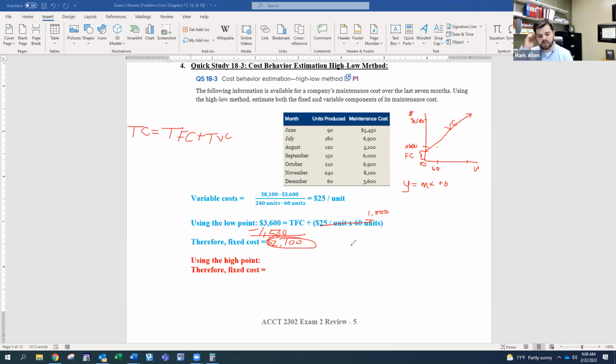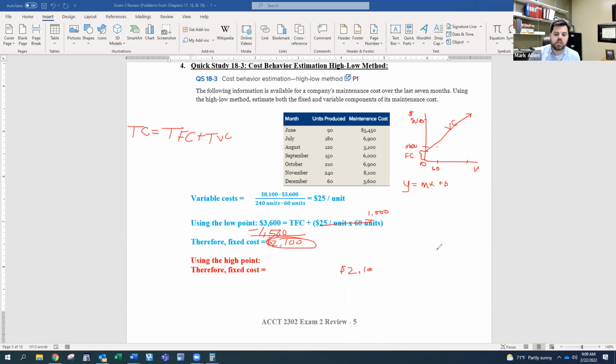So there's your first piece. Now, at this point, you could be done, right? If you were confident in this, you would be done, except that on the test, I believe I do have you justify it both ways. But what that means is that if you're confident in the math you just did, you know that when you finish this, you should also come out to 2,100, because that underlying assumption tells us, hey, what we end up